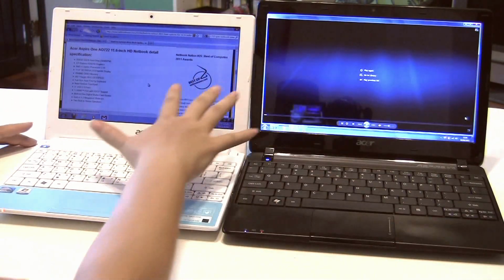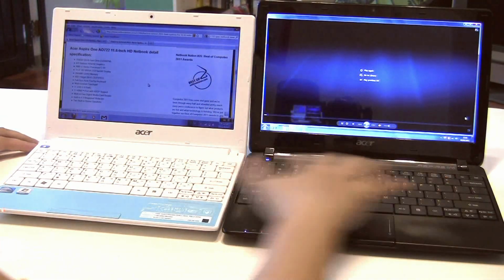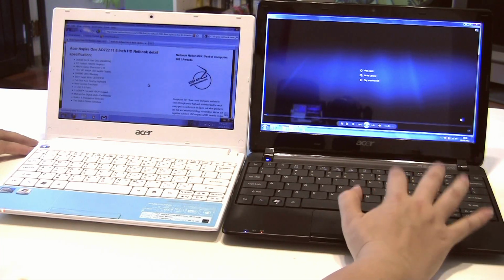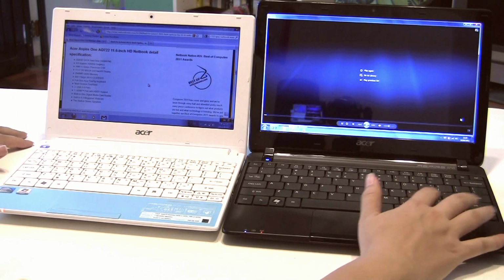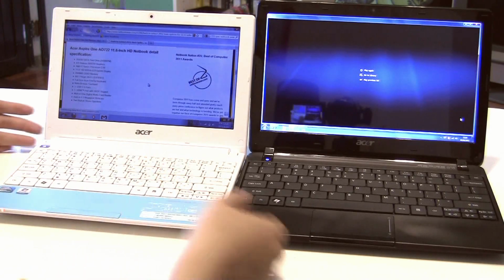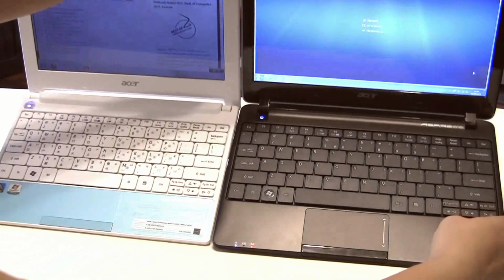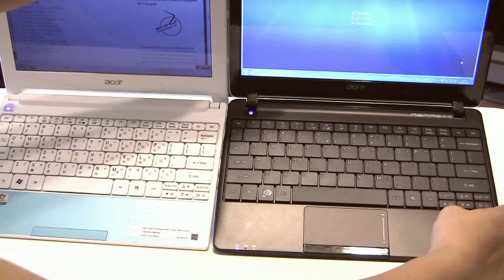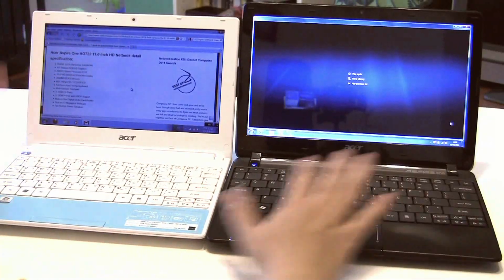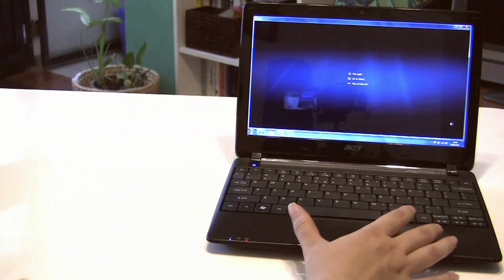So you can see here that this has a larger screen size, thinner bezel. This is a full-size keyboard, and I'm actually very happy with this keyboard. It has a little bit of flex, but no problem in my typing experience whatsoever. On the 10-inch, I'm actually just as productive, but because the key sizes are just a little bit smaller, you are slightly less productive. So you can kind of see it there. This is 97%, I believe, and this is full size. So the difference isn't that big, but it's enough if you want it to be 100%